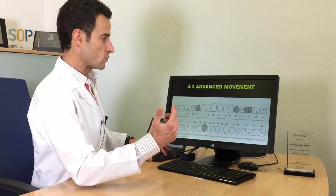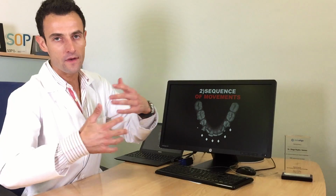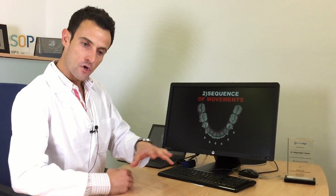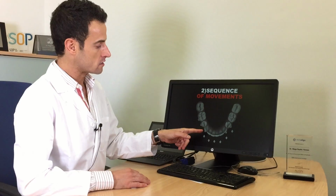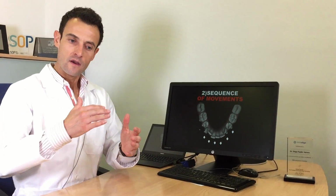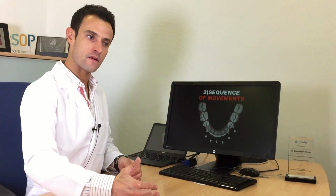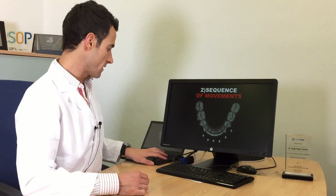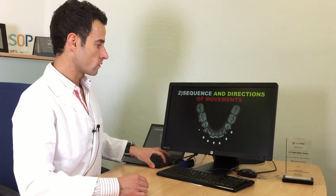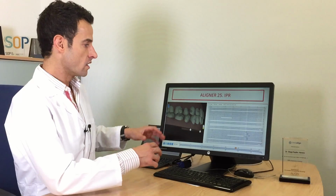So what you have to do is take advantage of other movements in order to allow the derotation of the canines to this perfect situation. So you have to think, how can I do a predictable rotation even in this case that is 62 degrees? Okay, so after that we work with our clean check and everything, and this is the evolution where we